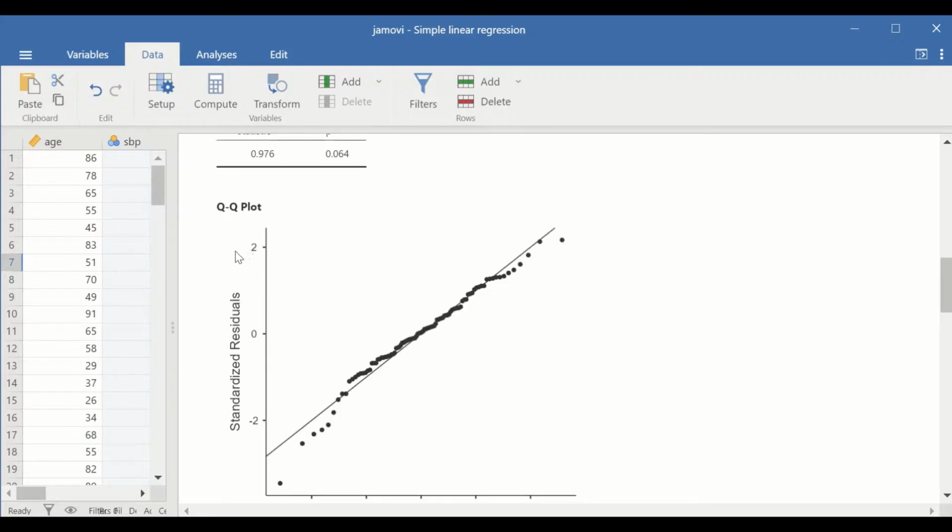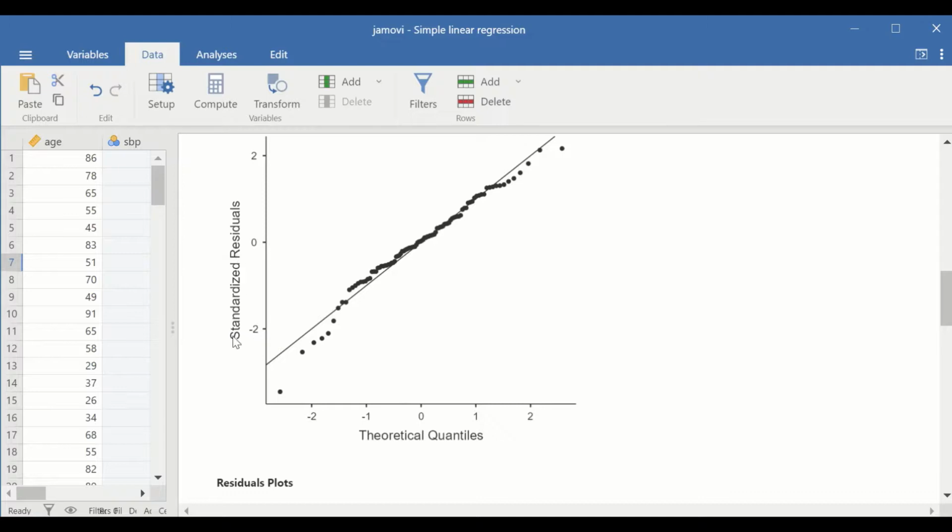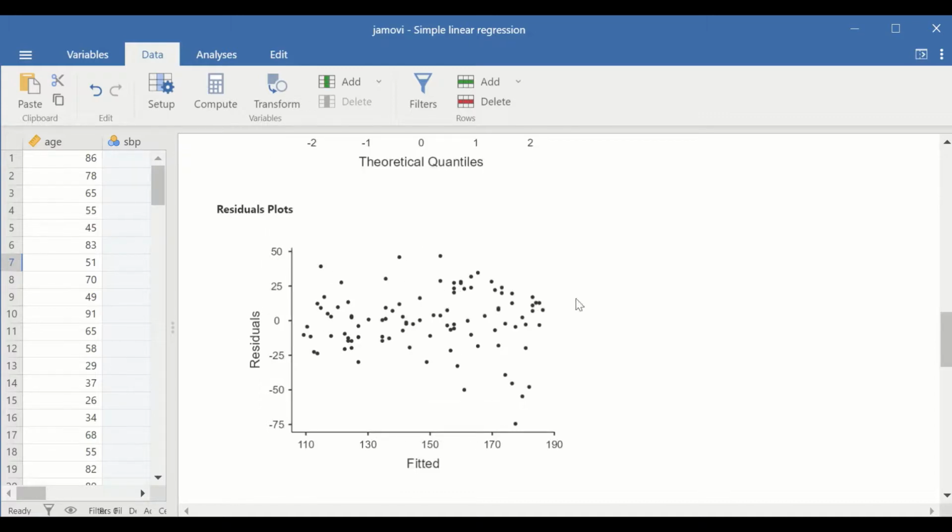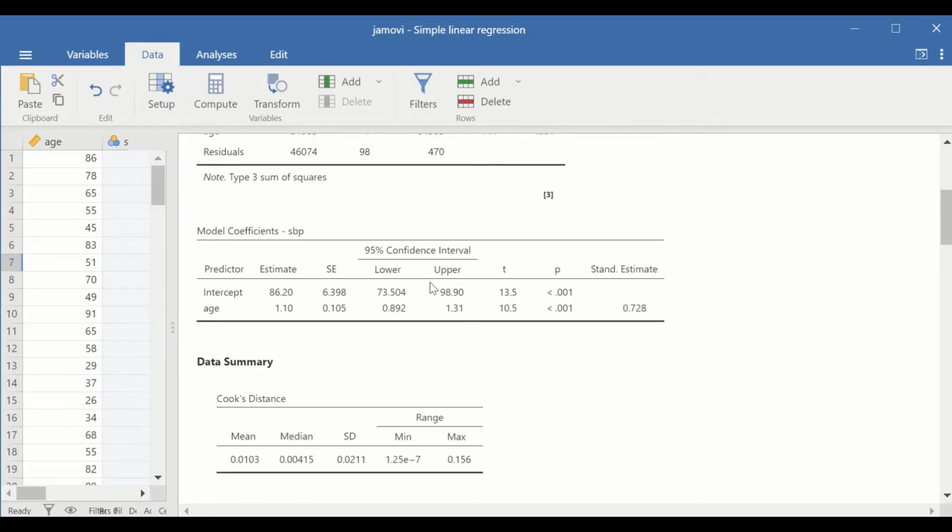The plot here, which is the QQ plot, shows that on the y-axis is the standardized residual and on the x-axis are the theoretical quantiles. The residual plot here shows that there is deviation from the equality of variances. From the table here, a regression equation can be generated as the intercept is given and the